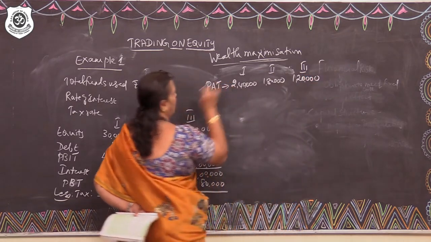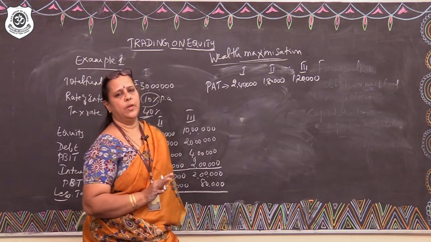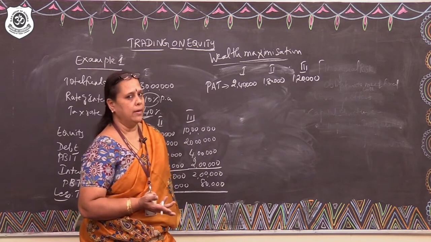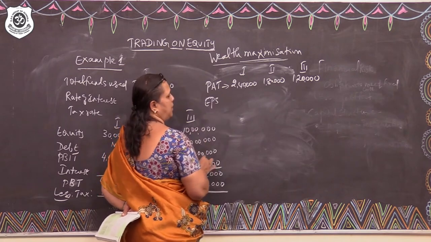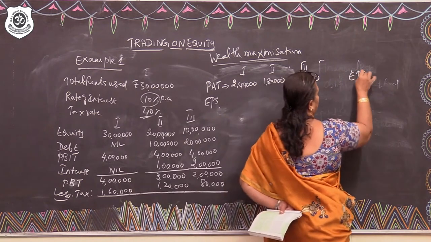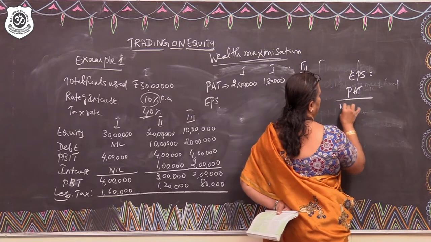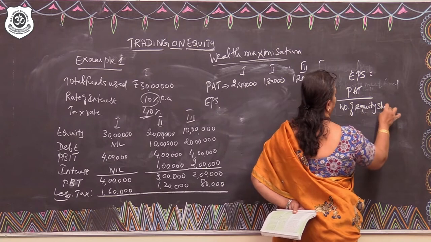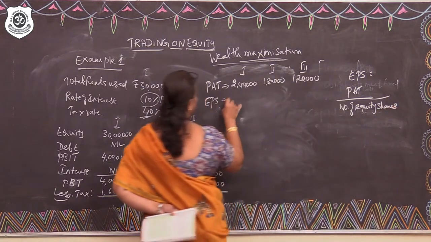Now, this is going to be your profit after tax, which is available to the equity shareholders to be distributed in the form of dividends or to be ploughed back in the form of retained earnings. Now, I am trying to find out EPS. What is EPS? EPS is equal to profit after tax divided by number of equity shares. Fine. So, here this is going to be